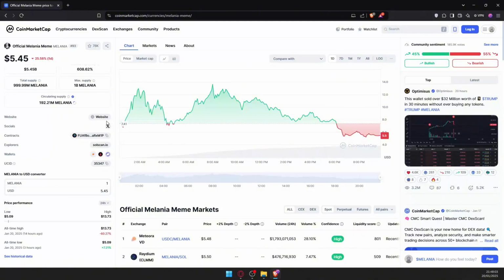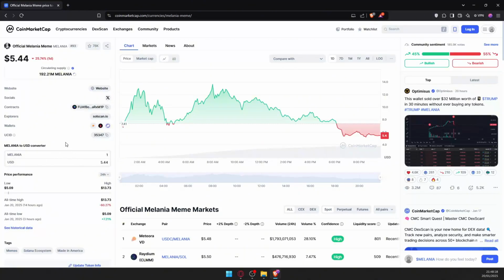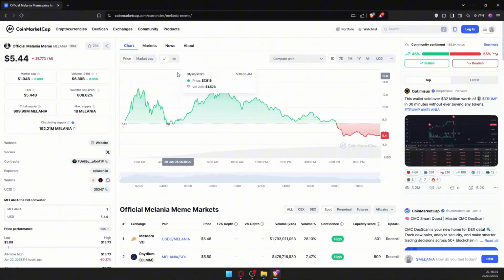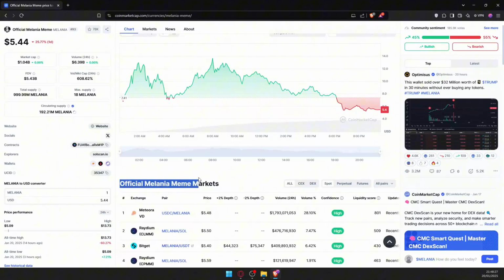Of course, you can see the socials, the websites, like explorers, contracts. This is very important. Wallets that you can use, as an example. And here you see the price performance. Now, how can we buy it? Simply, if you scroll down, you'll find some official Melania